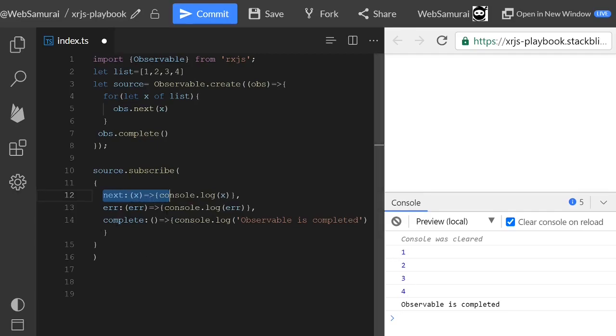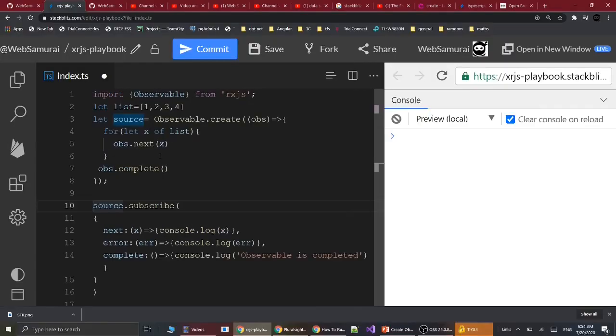After emitting all the values from this list, we call the complete method, and the complete method invokes the complete handler of the observer here. So far, nothing new: as previously, we create the source and subscribe to it.